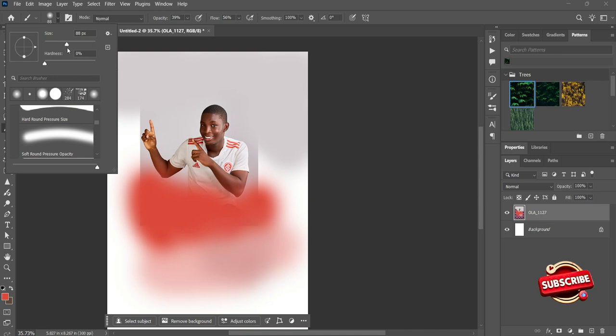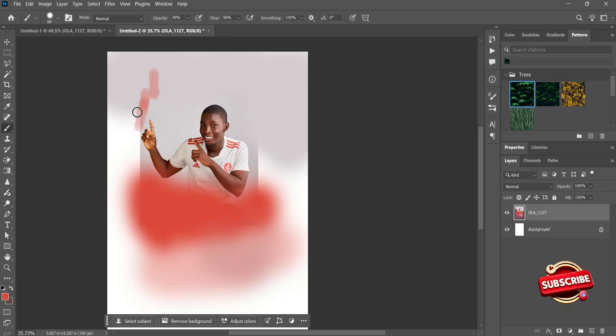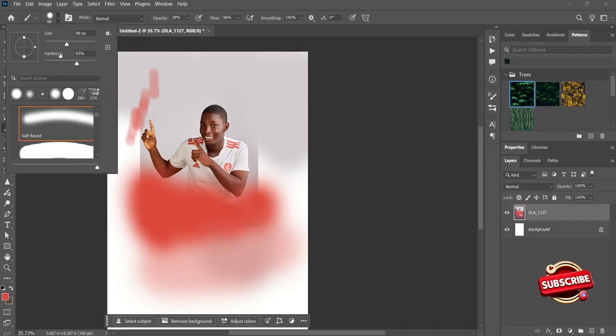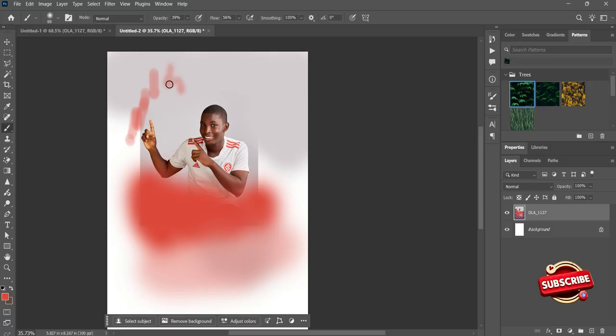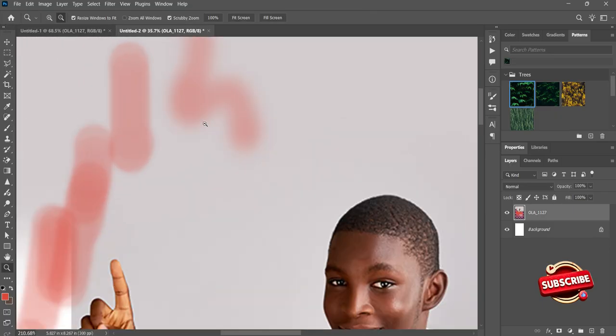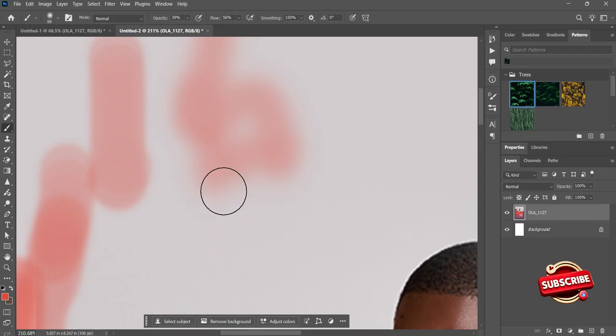So now look at the sizes. If you want to reduce the size, you can come here, increase the size to any way. You want it harder, you can also increase the, look at, you see how hard it is now. But if you come back and now reduce to 0, it's not that hard again. So you can see, let's zoom in to see. You see the difference. This is the soft, and then this is the hard,